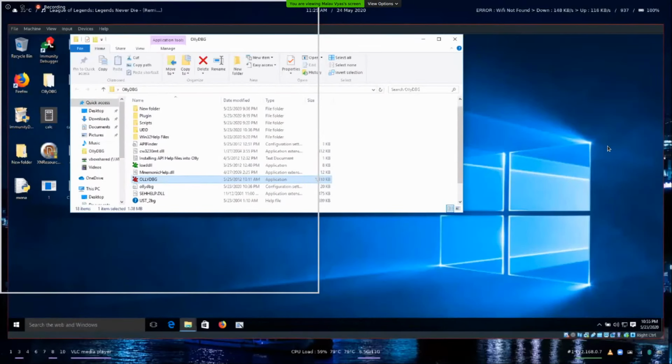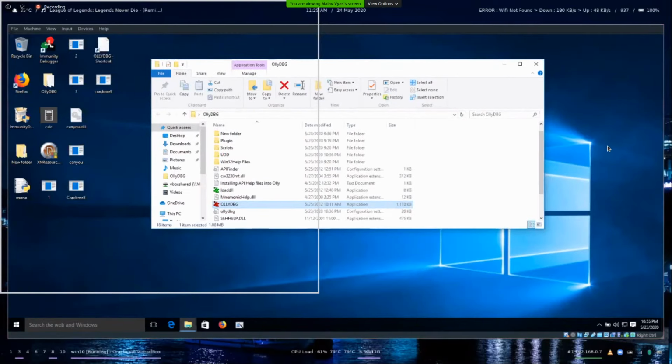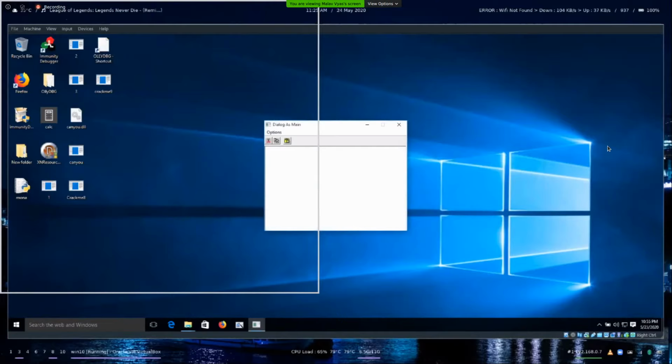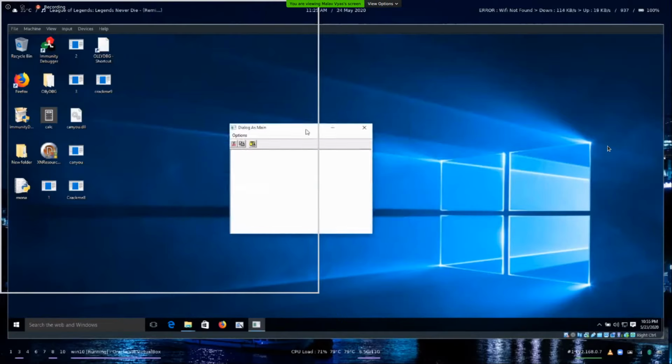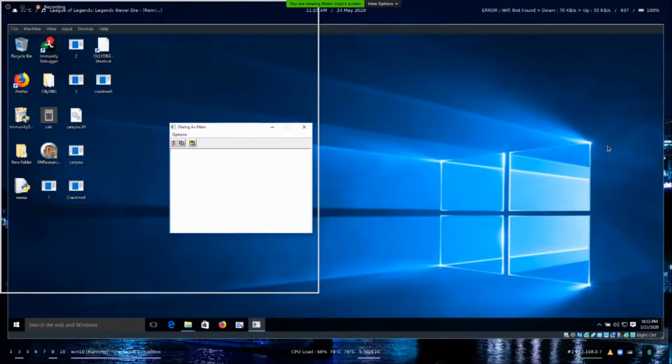Is my screen visible right now? Yes, it is. Okay. So we will try to modify this program. There's a simple dialog. Dialog as new.